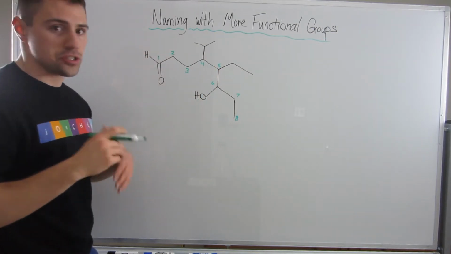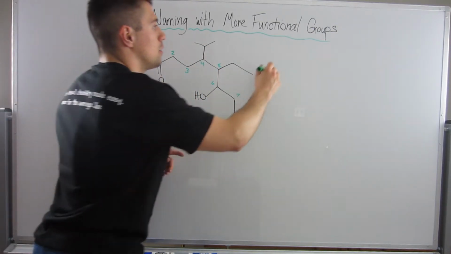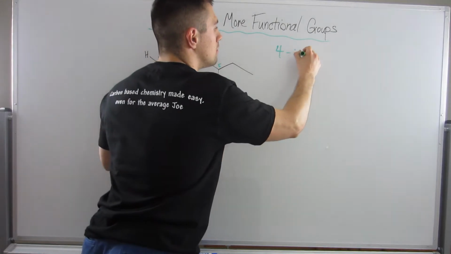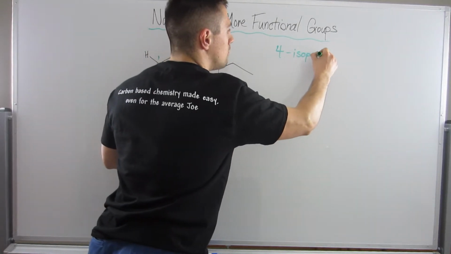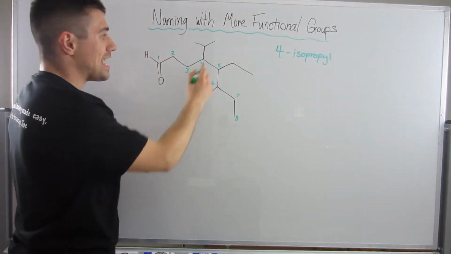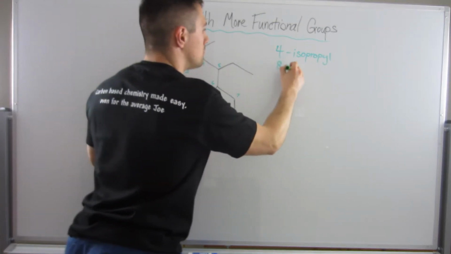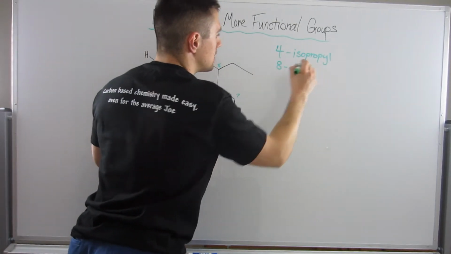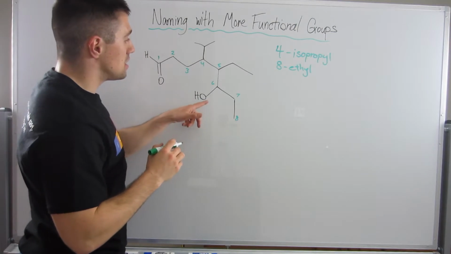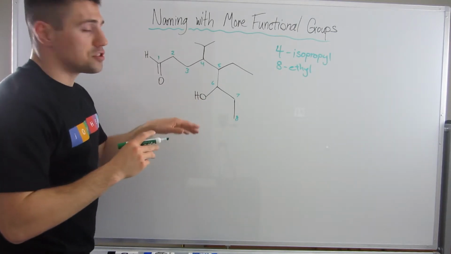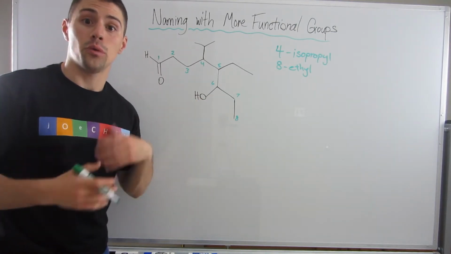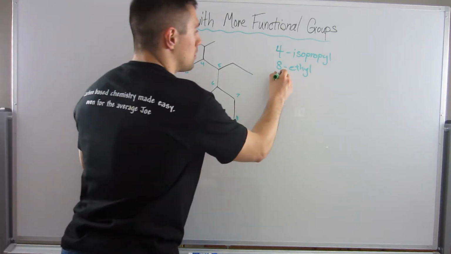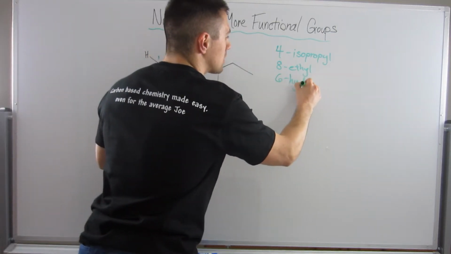Okay, so let's just name our branches. At 4, we got an isopropyl group. At 8, we have an ethyl group. Nice cookie cutter, no parentheses things. All right, so since the alcohol is no longer our highest priority group, we name it as a substituent. So it's 6-hydroxy,